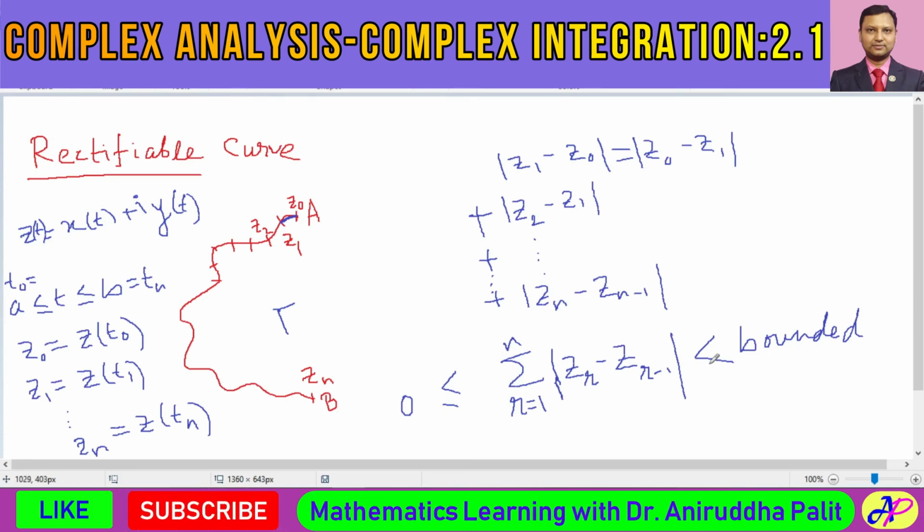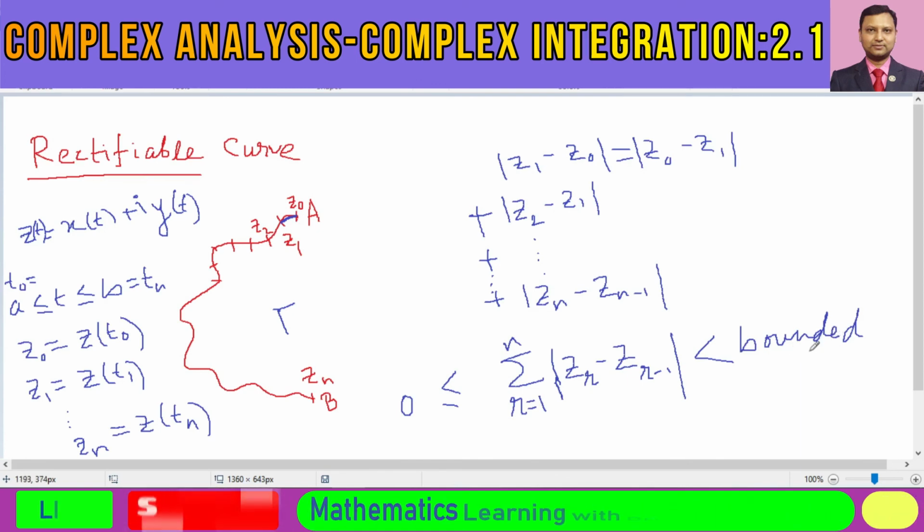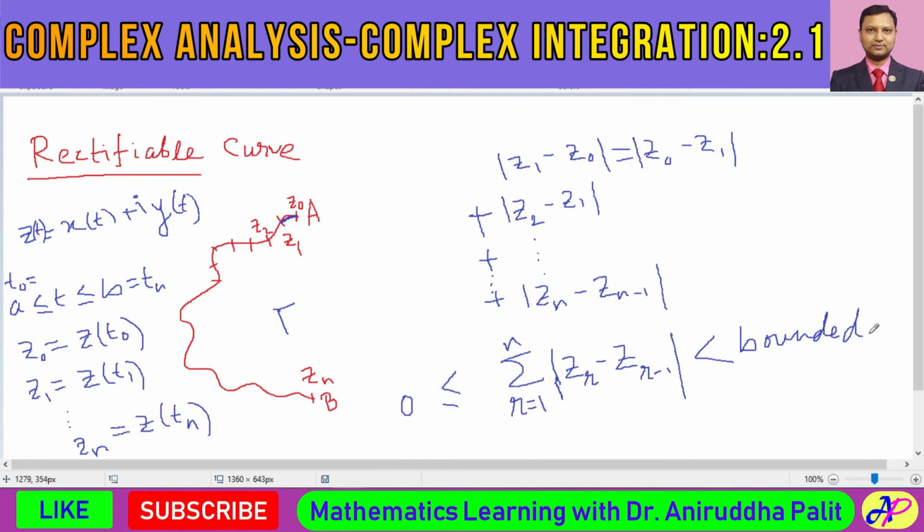But if this is bounded, that means if this quantity is less than some finite number, suppose capital M,